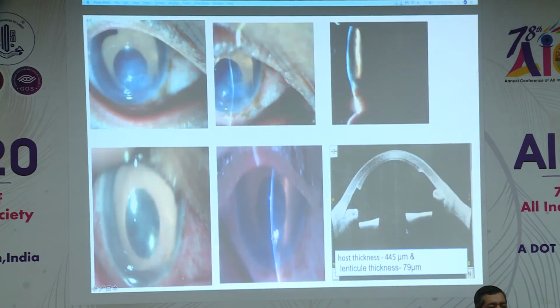There's another case I'm trying to show you, of the aniridic IOL, the video which I showed you. This is how the patient presented to us. This was the patient at 1 month. Now, of course, the clarity is even much better. And this is the ASOCT showing the lenticule is very well apposed to the host cornea, with a thickness of 79 microns. And this is how the aniridic IOL has come in the ASOCT. So this is my technique to go ahead with DSEK in these complicated scenarios. Thank you very much.